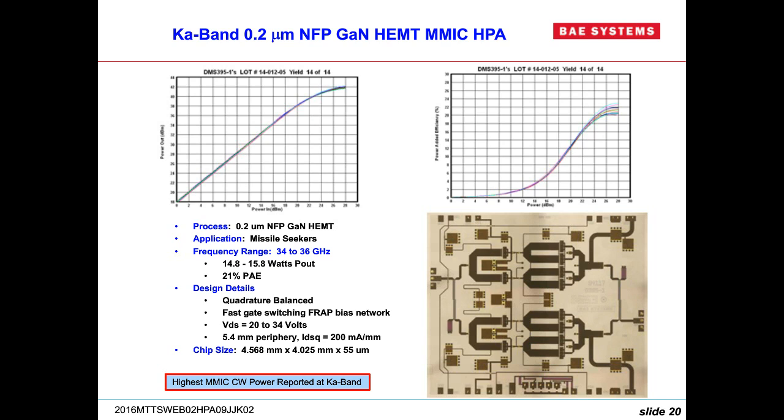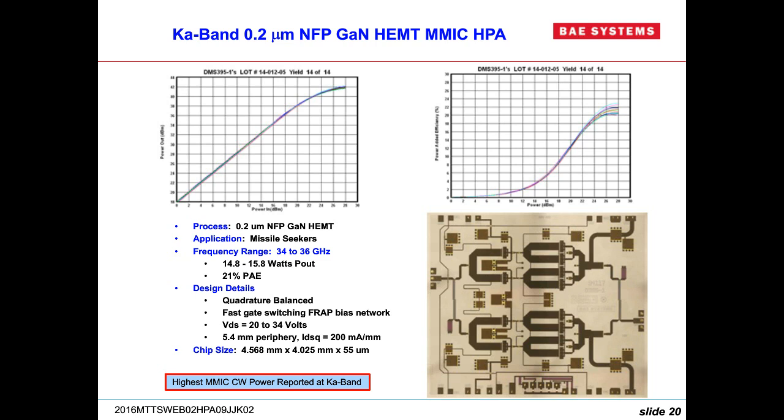I could have also gone to lumped elements and then tried to do an inductive transmission line shunt capacitor technique to implement it. But this happens to be a design technique that was used on the predecessor HEMT amplifier to some success. And so it was just a starting point for the design.